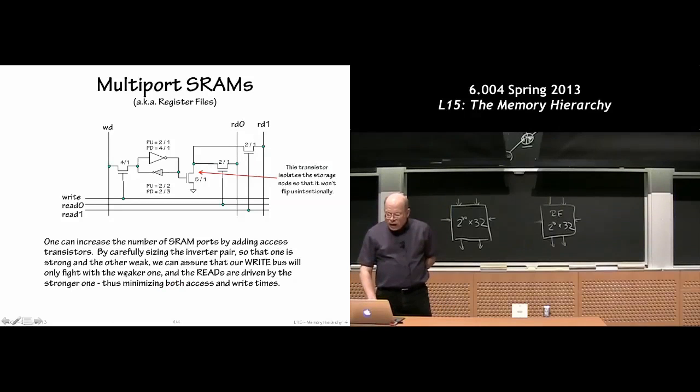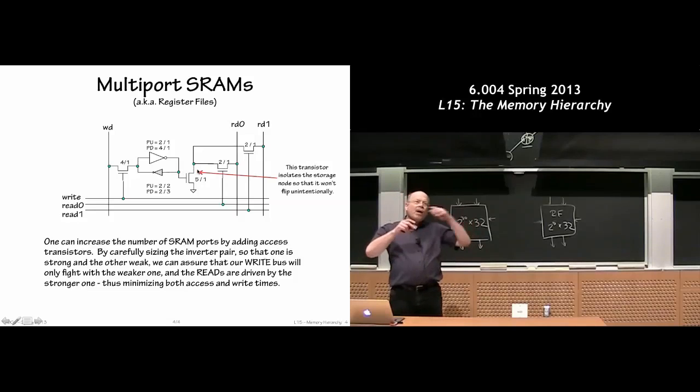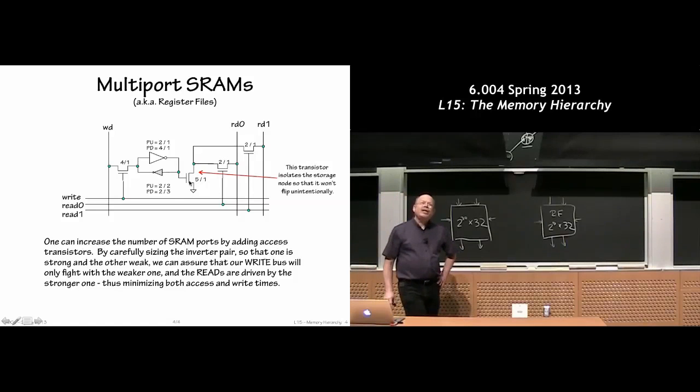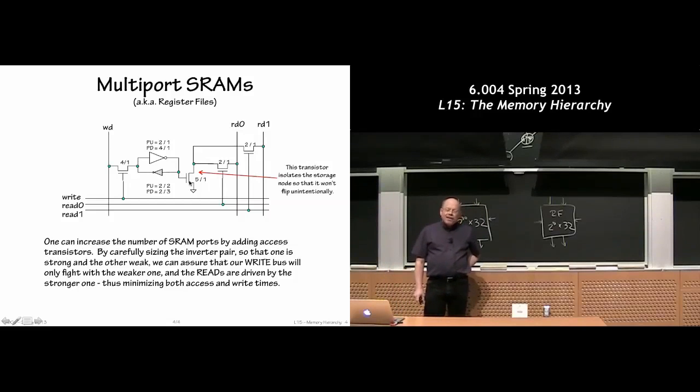We can build a multi-port SRAM simply by having multiple bit lines and multiple word lines that will basically allow us, for each of the different read ports, to select the output of a different cell onto the line. And there are some little details here about rearranging the circuit slightly so that the capacitance of the bit lines doesn't end up flipping the cell accidentally